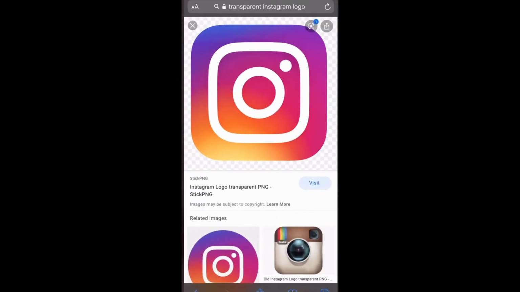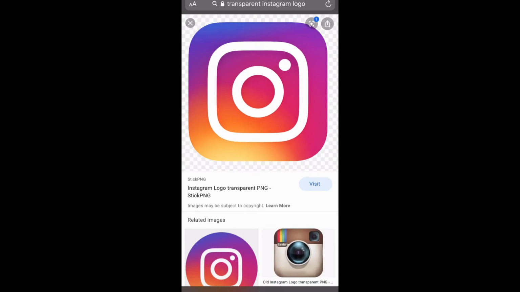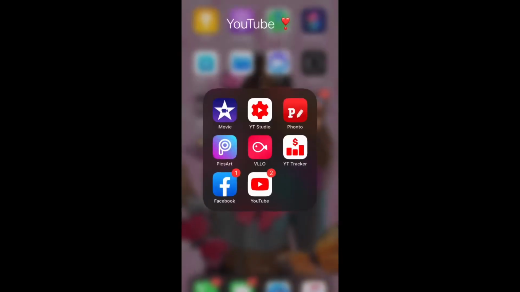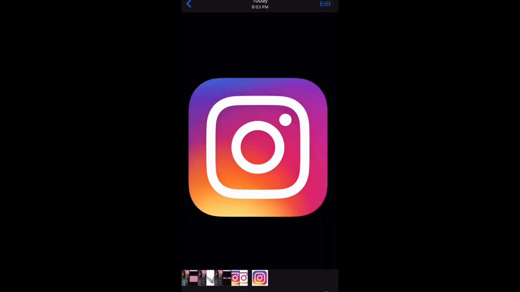All right, so before we get to the last step on how to finalize, I'm gonna show y'all real quick how to add the little Instagram, Snapchat icons. Basically, use the same method that you did to add the butterfly, your glitter, other effects. Look up transparent Snapchat logo, transparent Instagram logo, save it to your gallery, check it to make sure that it